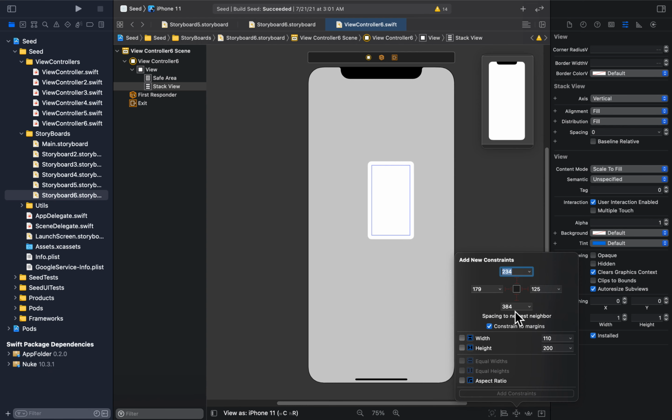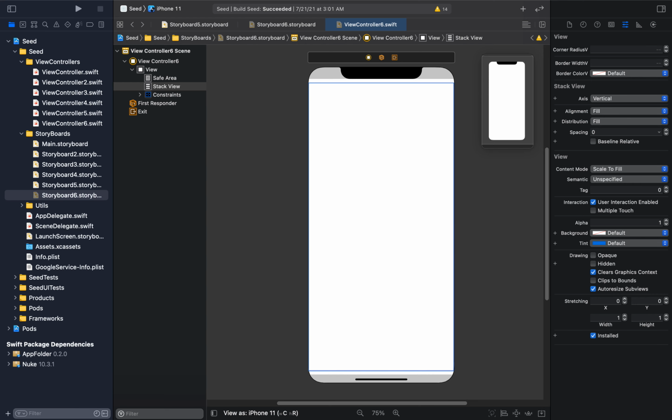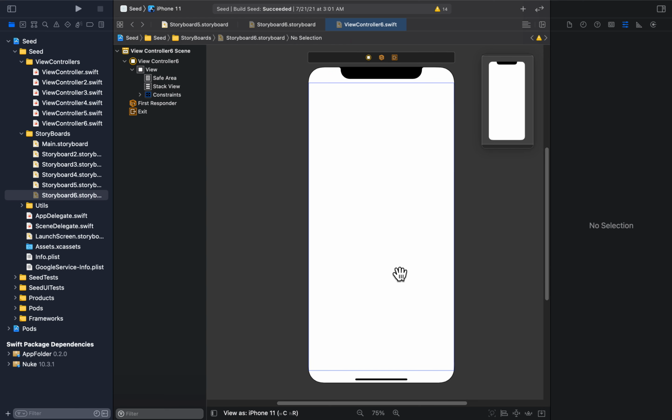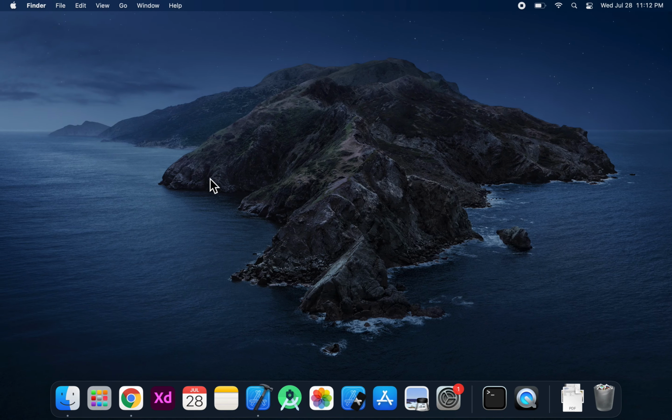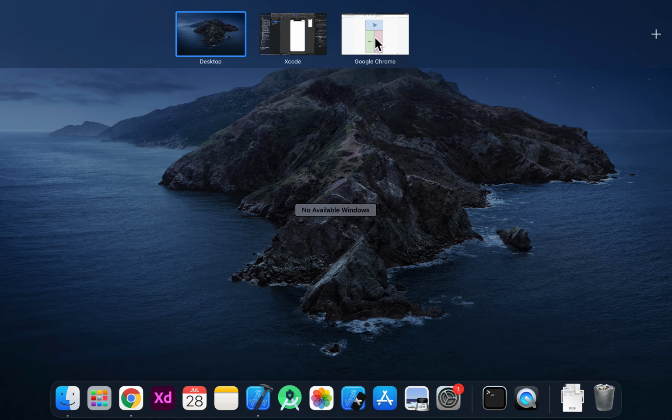Then we're going to make the bounds match the boundaries of the screen. So we're going to type 0, 0, 0, 0, and then enter. That makes the stack view match the screen. And remember, this stack view was a vertical one. The next thing we're going to do is